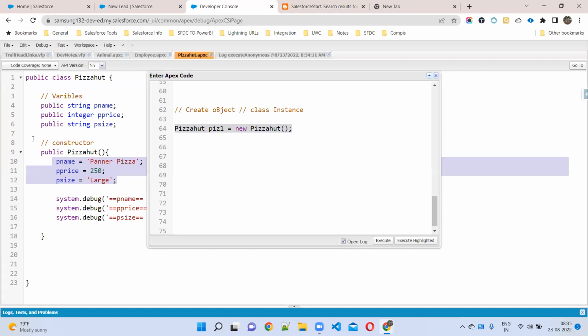Normally if you want to call variables, how can you call them? Object name dot variable name, object name dot method name, but we are not using anything. So when will the constructor execute? When the object is created, it will execute automatically. Whenever you create an object, or declare a class instance, which one will be called automatically? The constructor will be called.